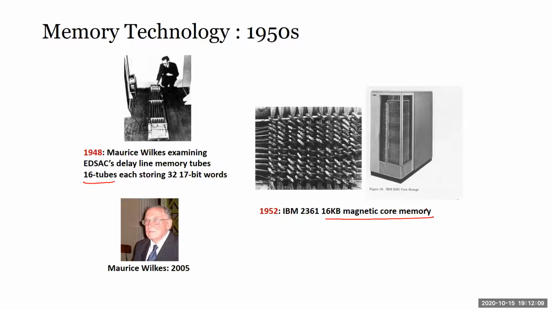In 1952, IBM had magnetic core memory. Now this memory is ROM, read-only memory, cannot be changed. What you have here is an iron ring, and then you have a cable that goes in and wraps around the iron ring. It wraps in one pattern, this is a 1. If it wraps around in some other orientation, it's a 0. So it's manually wrapped around. As electric current flows through, it generates a magnetic field, like a transformer. So depending on how we wrap, the magnetic field generated can be interpreted as 0 and 1.